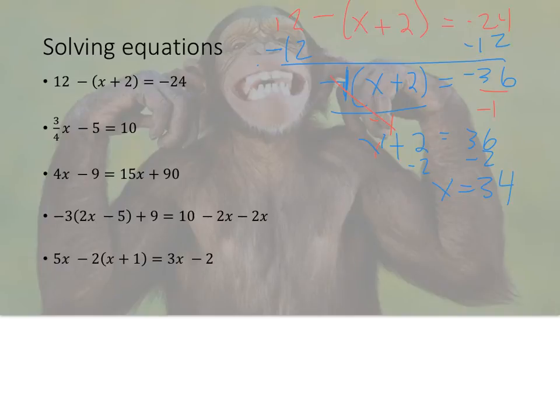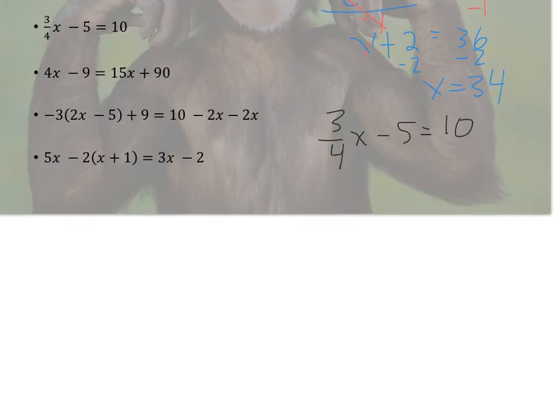Hooray! Alright, now try the next one. I know, fraction. Scary. Okay, hit pause, give it a try. Think you got it? Well, here's how I would do it. First step, we're going to add 5 to both sides, inverse operations, to give us 15 is equal to 3/4